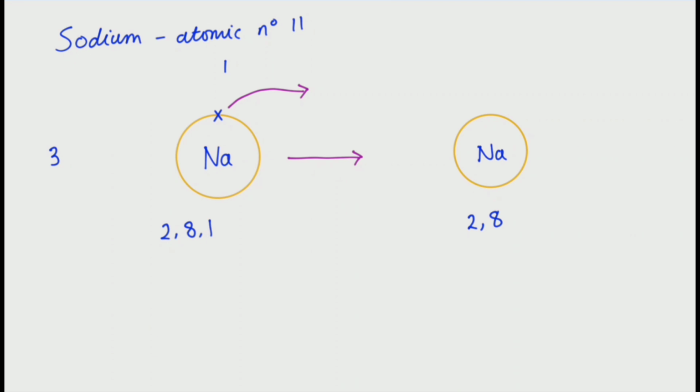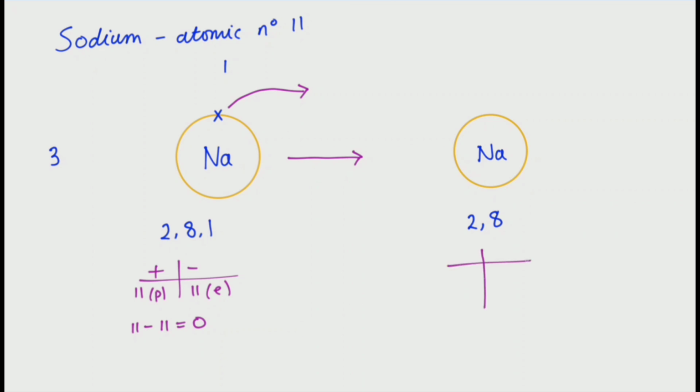So if you notice, that outer shell is full. Now we need to count the charges on the particles, and the charges come from the protons and the electrons. So the sodium atom will have 11 positive charges from the 11 protons and 11 negative charges from the 11 electrons, and taking away the negative charges from the positive, 11 take away 11 will give you a charge of 0, so the sodium atom